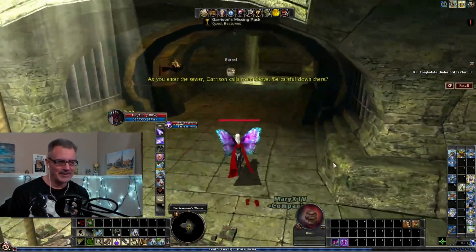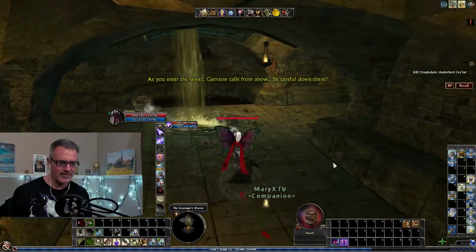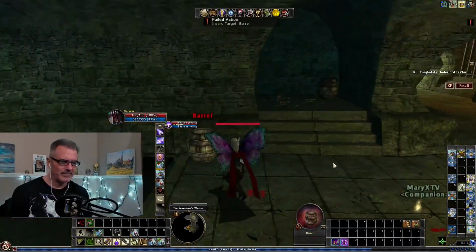You can't put As you everything in enter the shared sewer, anyway. Garrison Like it's not calls like from you can, above. Be careful down you there. know. And